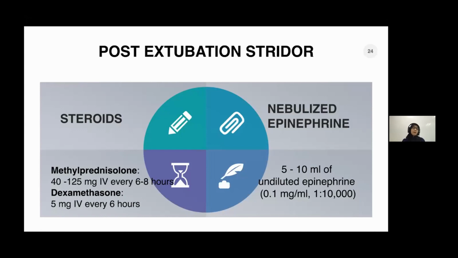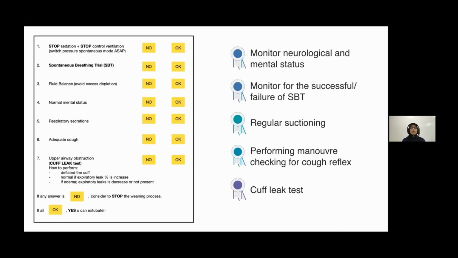Have a look at the checklist again and again and again. Monitor every box, tick every box. Is everything okay? Meaning that stop sedation. Was the patient already off sedation? Was the patient in control when switched from SIMV to just spontaneous modes of ventilation, or if the patient successfully went through the spontaneous breathing trial, if the fluid balance is negative. You don't want the patient to be positive 1,000 or 2,000 fluid.